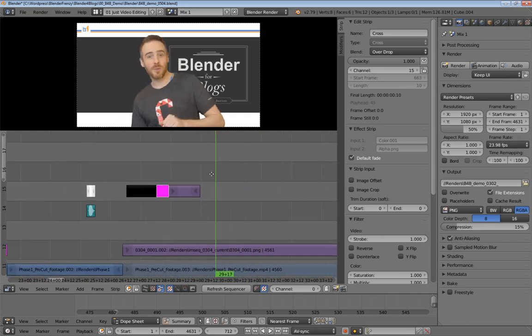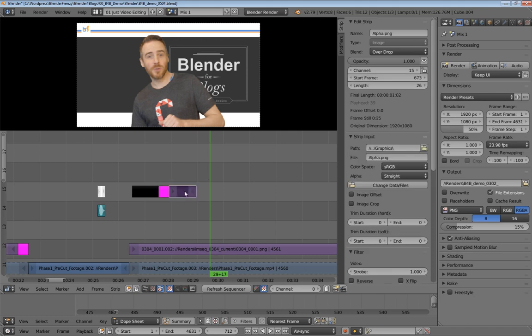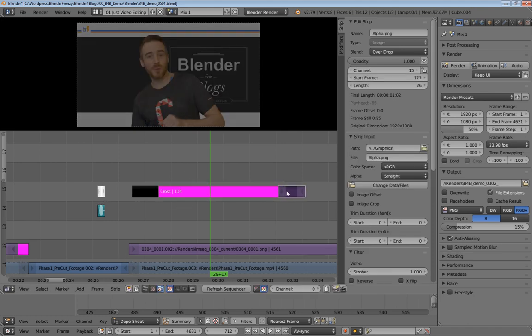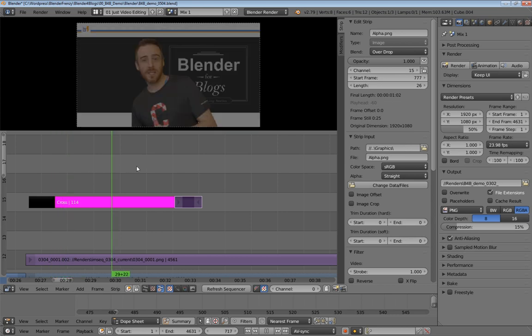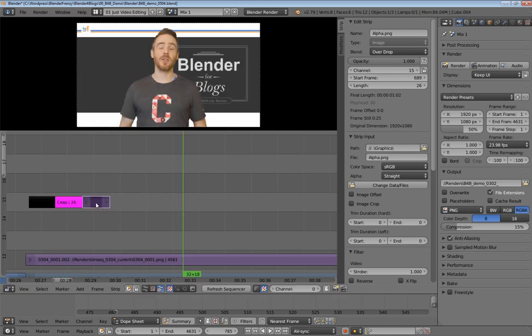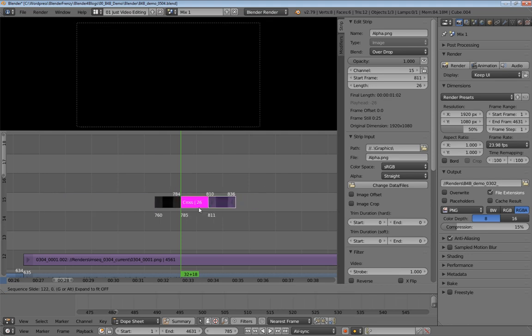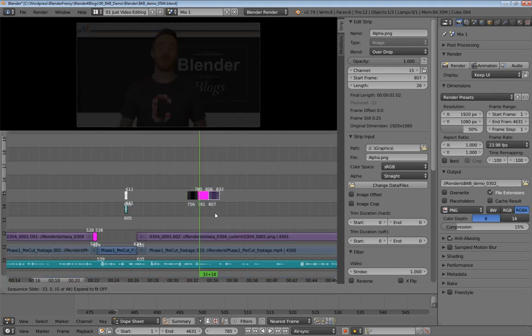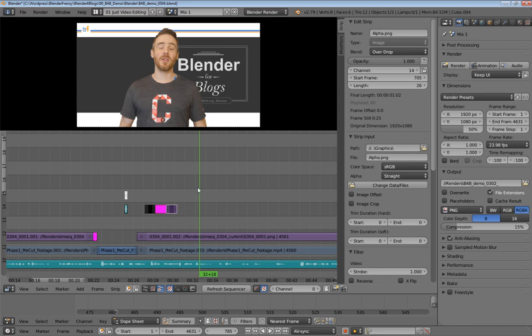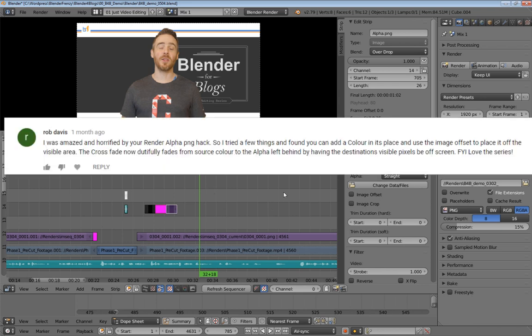And that is how I usually do my fades. The reason I do that is because I can drag this and make the fade longer or shorter, or I can just come here and take the whole thing and move it around wherever I want that fade. So that is how I did it in the video, and I got this comment from Rob Davis, who says,